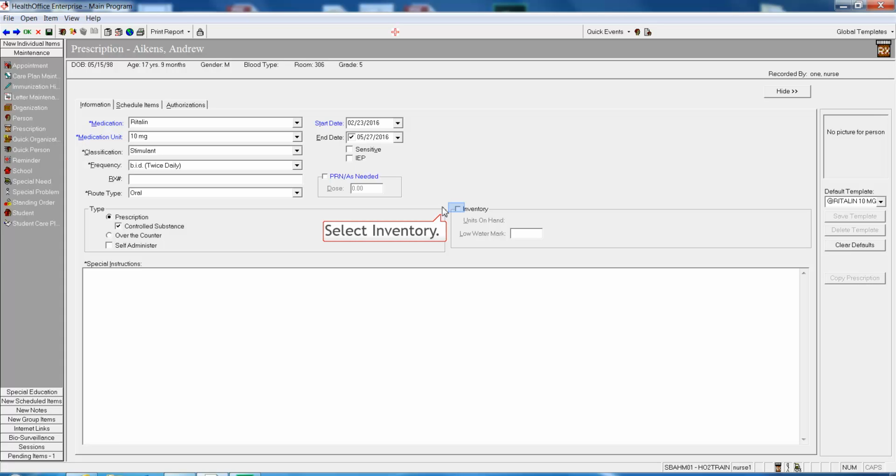We're going to check the inventory box and set a low watermark. I'm going to set this to 5 doses. Now, when this is set, the system is going to let us know when there are 5 doses left so that we can notify the parent or guardian. If there are special instructions, you can enter that here. Then we will move on to the